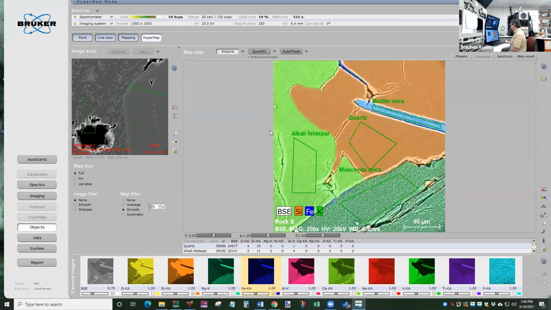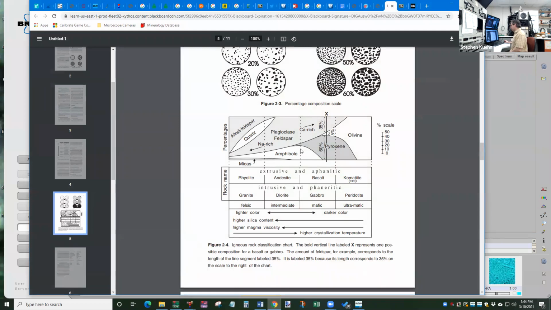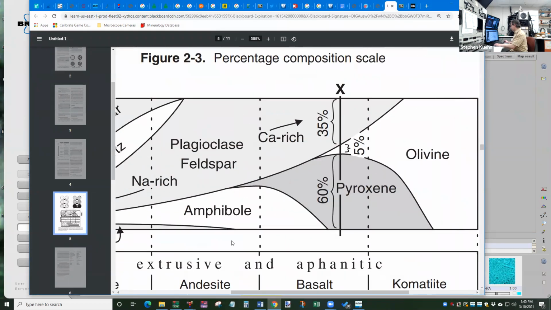Looks like we didn't run into any plagioclase this time. There is some in here. I could go hunting around for it. One of the interesting things that you can do with this is, let me go back to Blackboard for a second. So this diagram, if I zoom in on the part that says plagioclase,